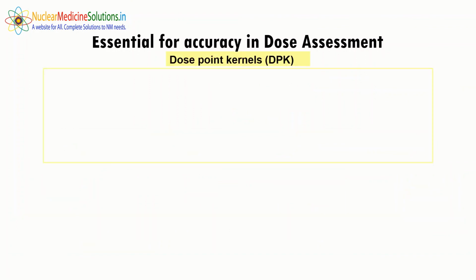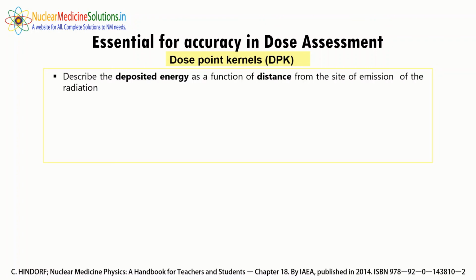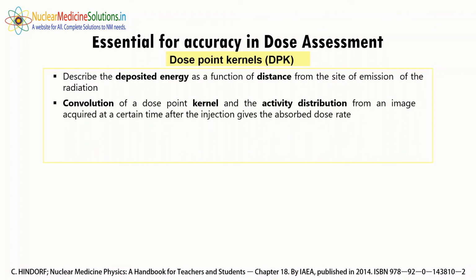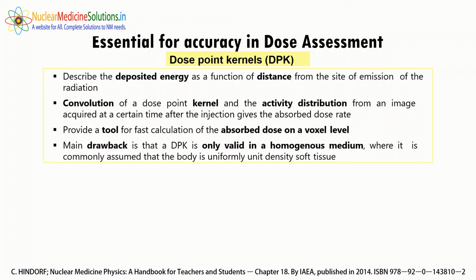So to calculate Ã, there are different methods which are used, like dose point kernels, which describe the deposited energy as a function of distance from the site of emission of radiation. They use convolution of a dose point kernel and the activity distribution from an image acquired at a certain time after the injection, which gives the absorbed dose rate. It provides a tool for fast calculation of absorbed dose on a voxel level, and the main drawback of DPK is that it is only valid in a homogeneous medium, where it is commonly assumed that the body is uniformly